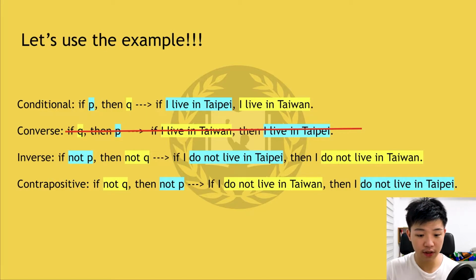As for the contrapositive, which states that if I do not live in Taiwan, then I do not live in Taipei. This is not true since